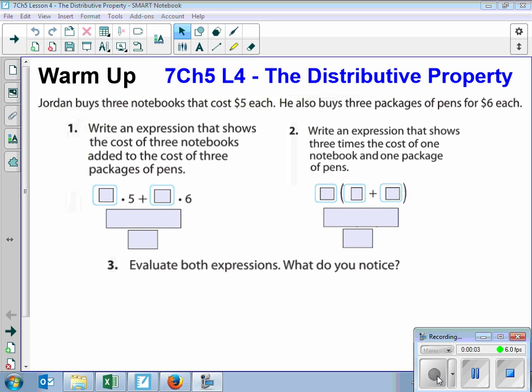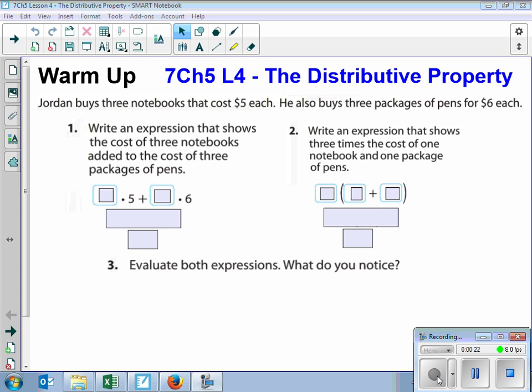All right, so Chapter 5, Lesson 4 is the distributive property. It says here, Jordan buys 3 notebooks that cost $5 each. He also buys 3 packages of pens for $6 each. Number 1 says, write an expression that shows the cost of 3 notebooks added to the cost of 3 packages